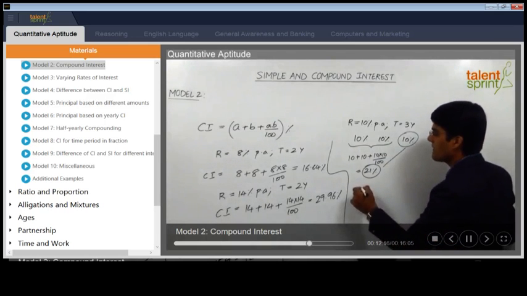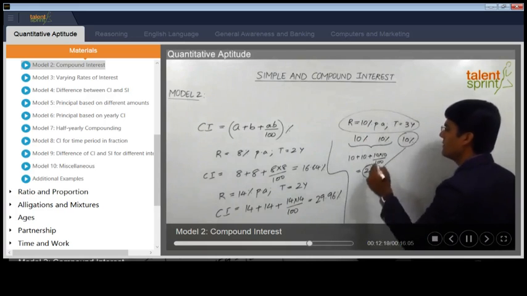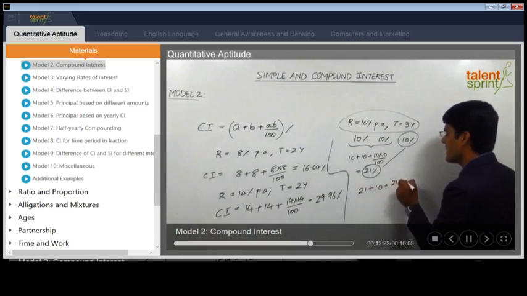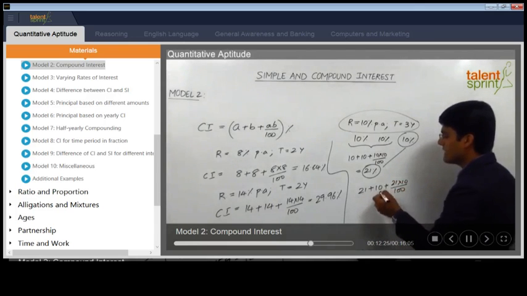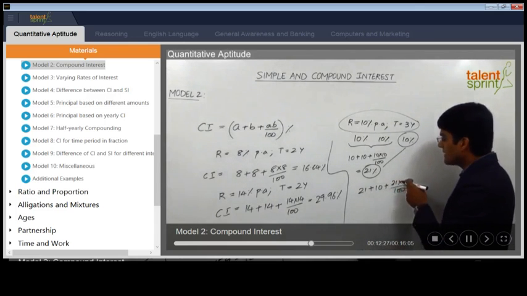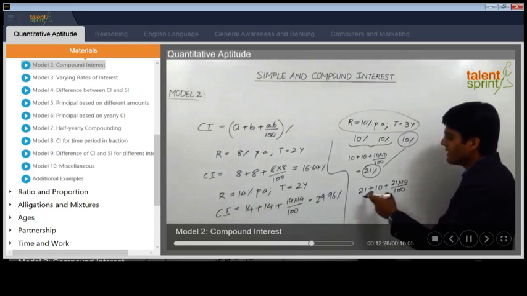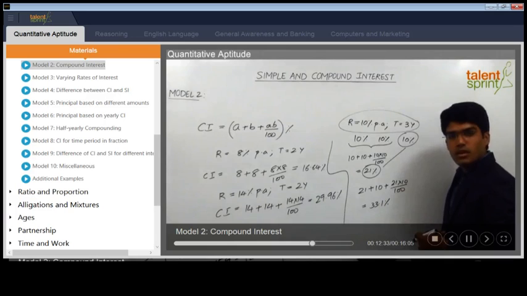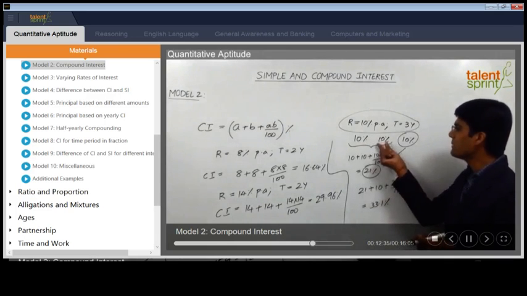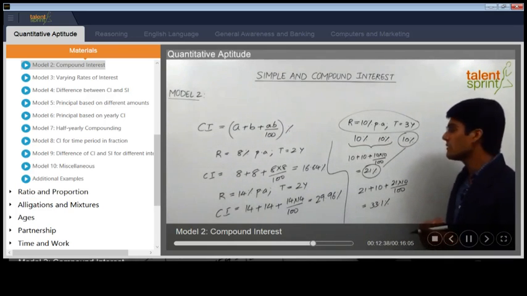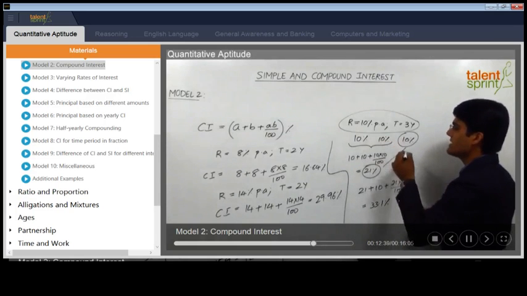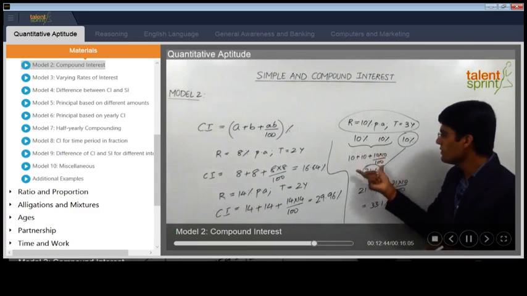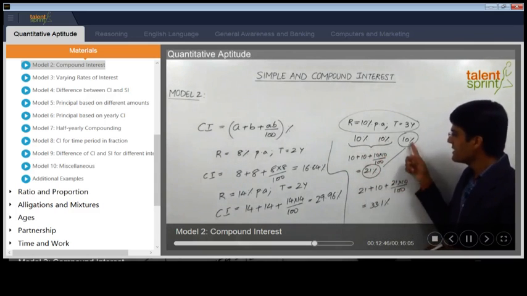So the overall effective percentage for 3 years will be equal to 21 plus 10 plus 21 into 10 by 100. So 21 plus 10 is 31, and this is 210 by 100, 2.1. 31 plus 2.1 is 33.1%. So the whole idea here is when there are 3 percentages, we need to do the calculation in such a way that all the 3 percentages are used in the net or effective percentage formula. So we use the first 2 in the first case, then the answer with the third one